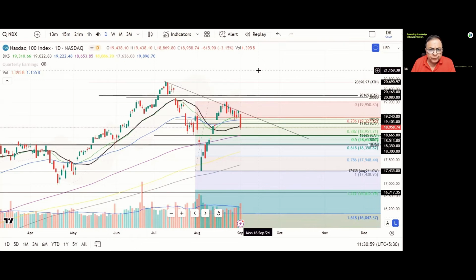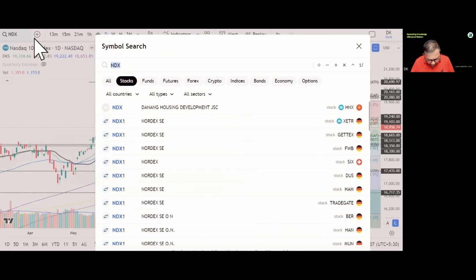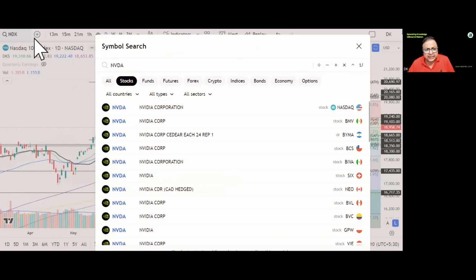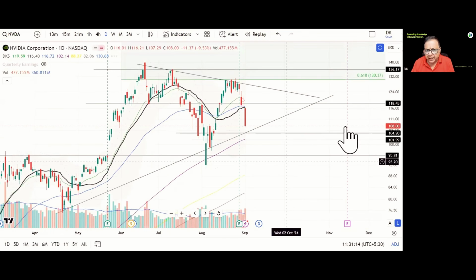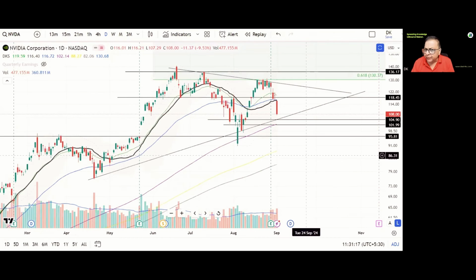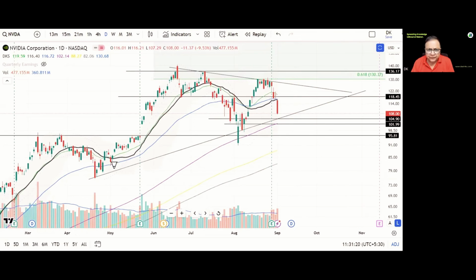Since I have referred Nvidia stock in the beginning and introduction of this video, let us have a look towards the Nvidia stock price action because it has a significant weightage in the US stock market. Now let us see the Nvidia. What I can see here is, first thing is, it has defended this trend line. Price has taken support here. Price has taken support here. Now during this fall, the price might take support at this area, which has a confluence of this rising trend line. At the same time, SMA 144.